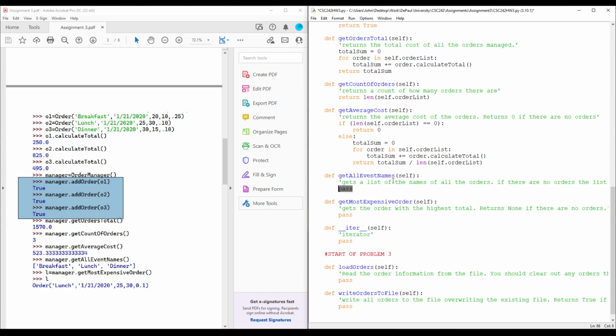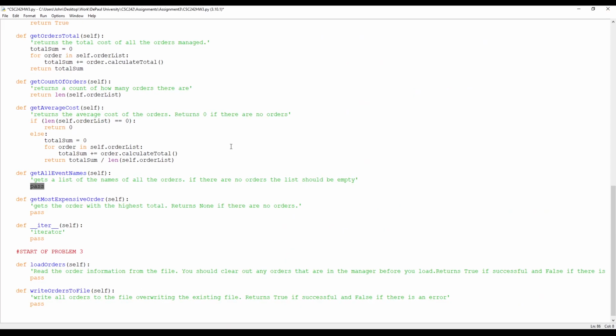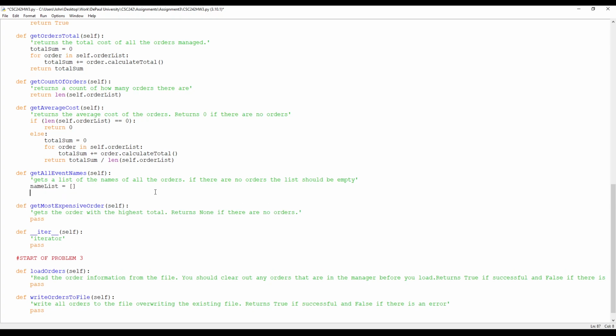So what we can do here, if we're going to return a list, and let me open up the docstring: if there are no orders, the list should be empty. We could go ahead and say name list is equal to an empty list. And then we could say for order in self.orderList,